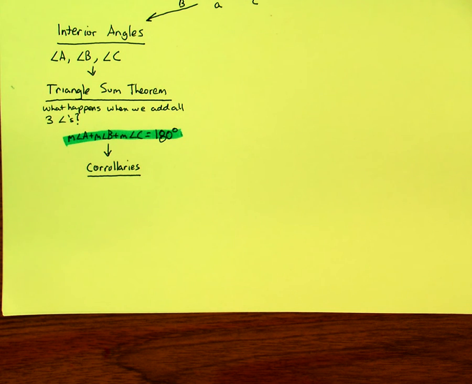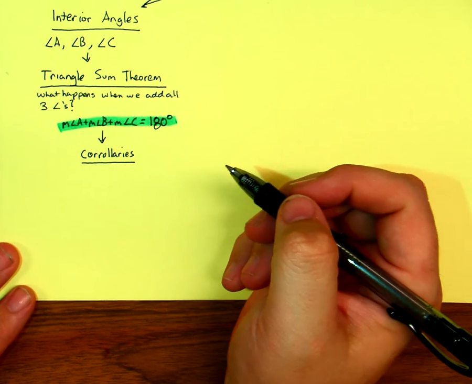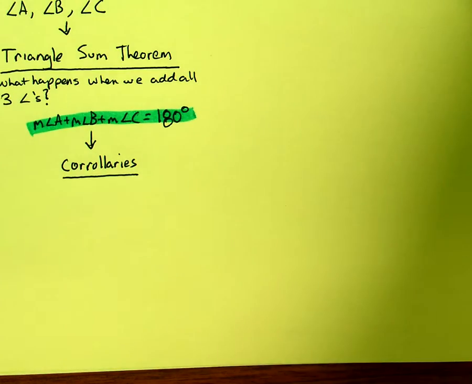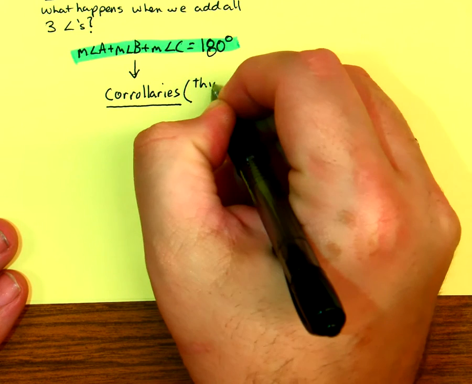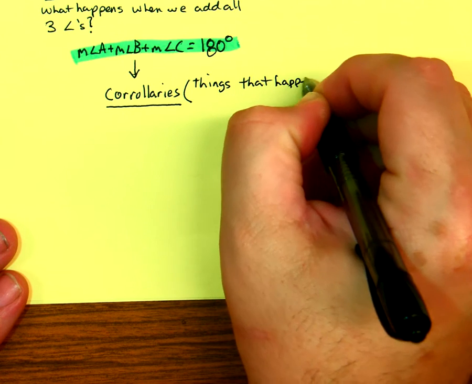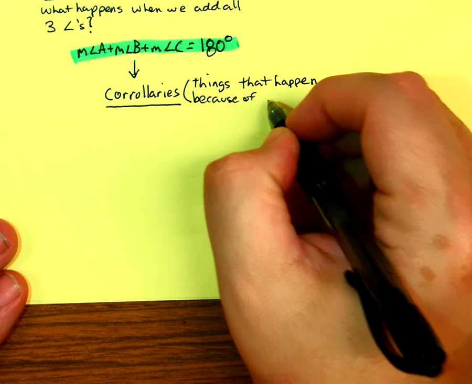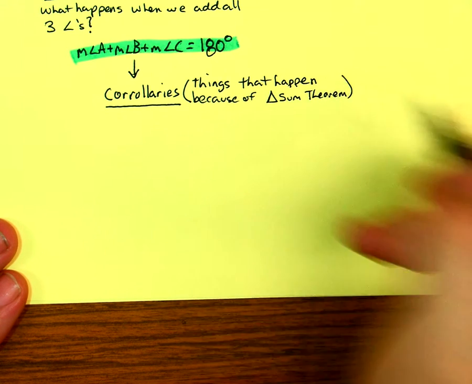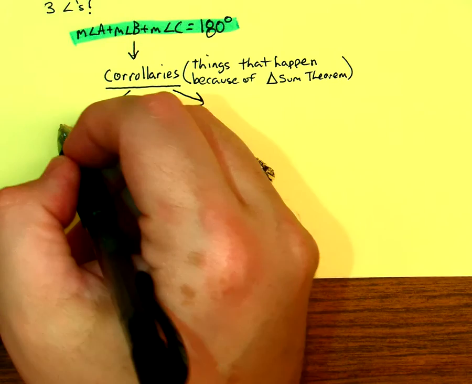But there are some corollaries from this. And corollaries, let me zoom in on here. You can think of corollaries as things that happen because of the triangle sum theorem. And there's going to be two of them. One for right triangles and